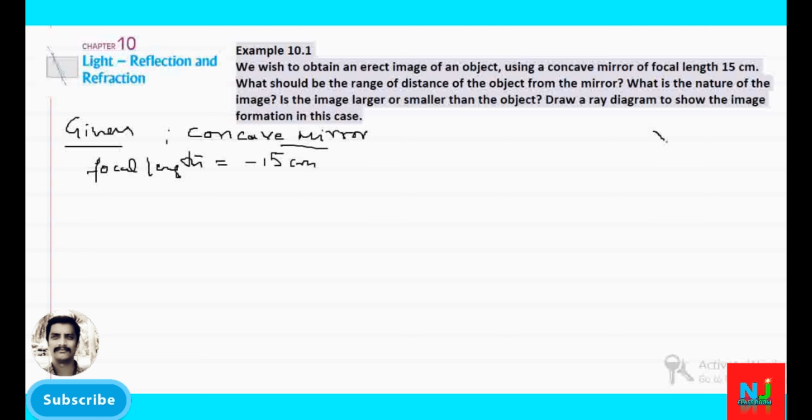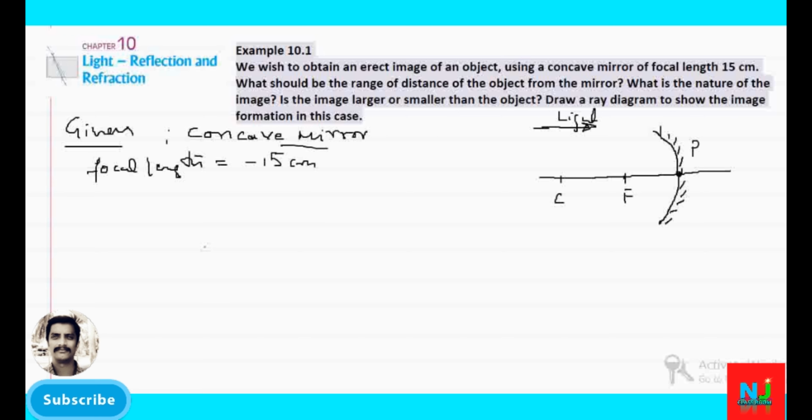Because I am going to draw the ray diagram first. This is what is called the concave mirror. This is the non-reflecting surface. Note down, this is the non-reflecting surface. This is the principal axis. This is the pole, this is the focus, and this is the center of curvature. Focal length is measured in the direction opposite to the incident light direction. The light is incident in this direction on the mirror in order to get reflection. We start the measurement from pole to the focus, therefore opposite to the direction of the light, so it is negative sign. Clear? Okay.